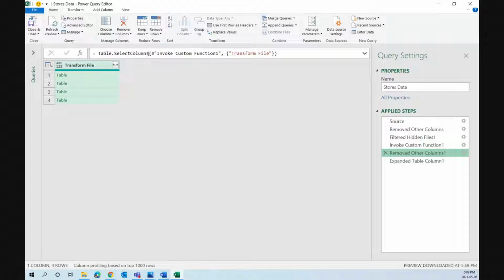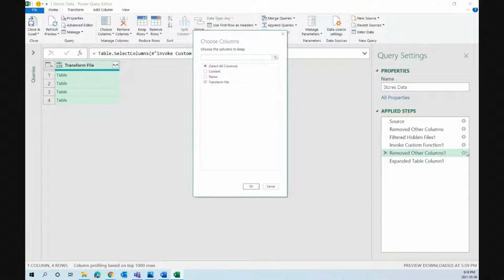Table select columns, that's the formula there. Okay, so that's when the names of the files disappeared. So if we come here to this gear wheel, we can select the columns we want to keep. And the column that had the name of the file was this column here. Okay,